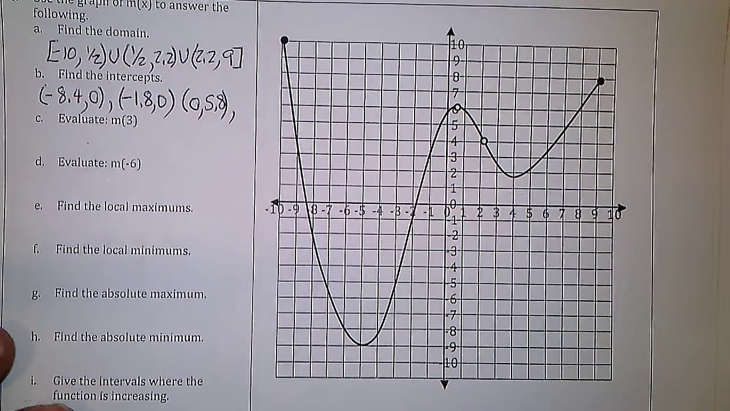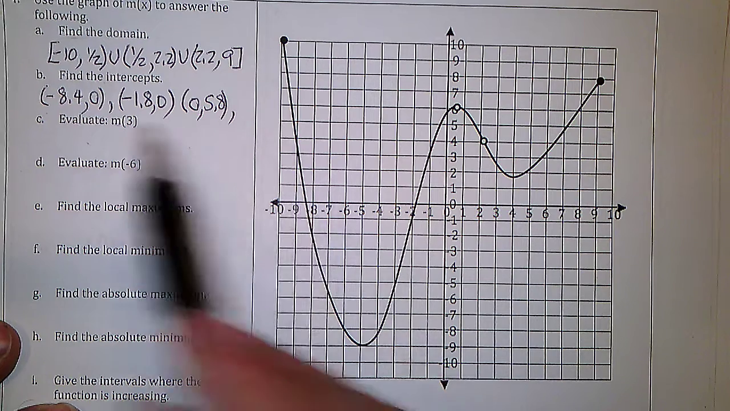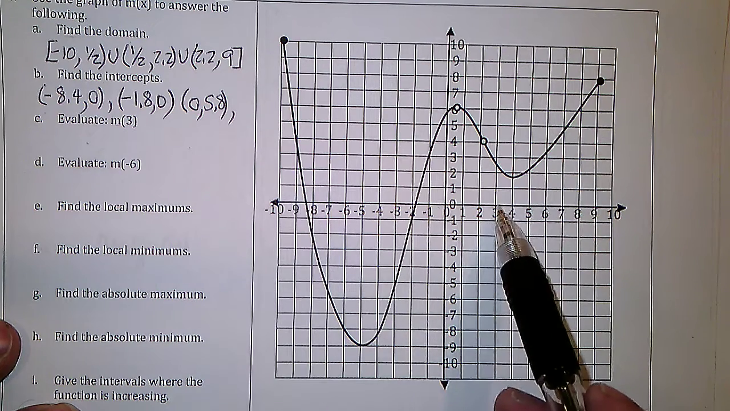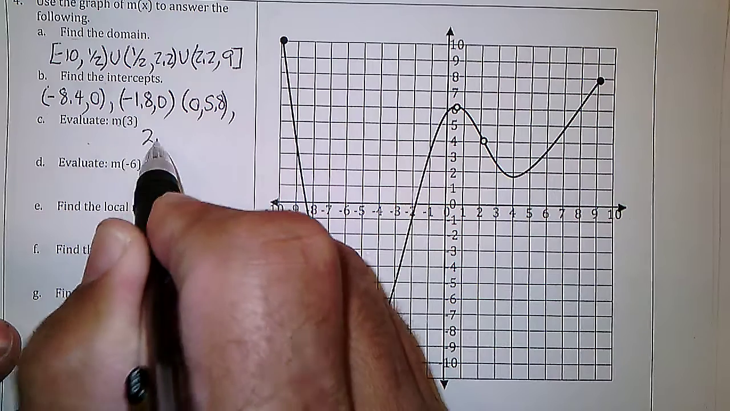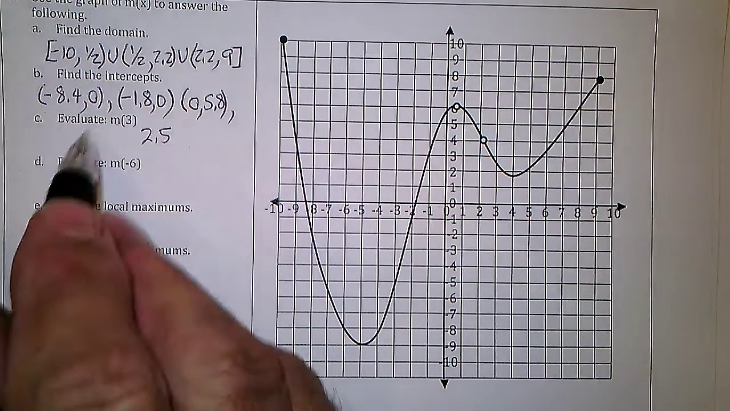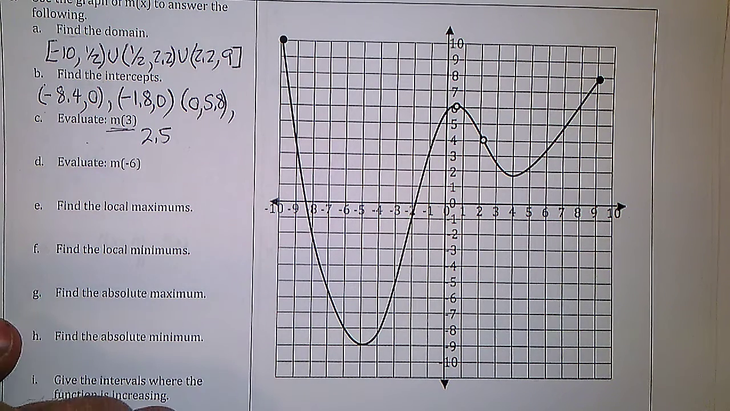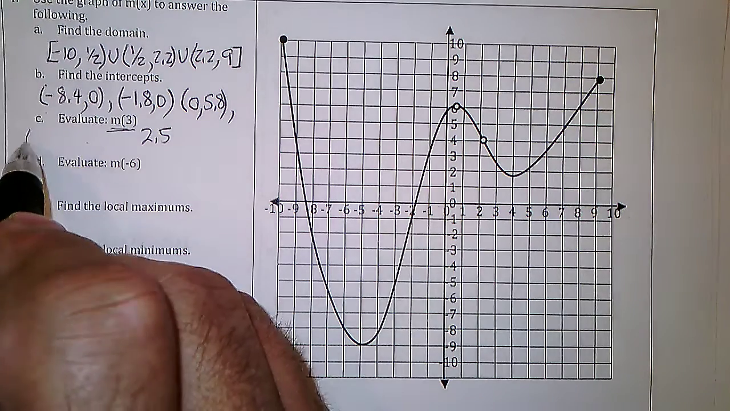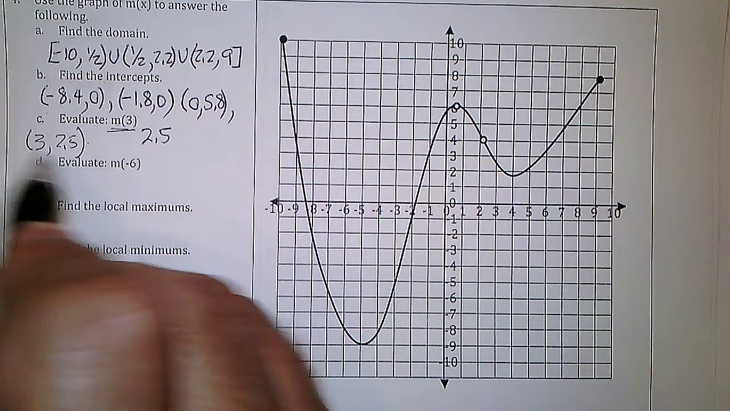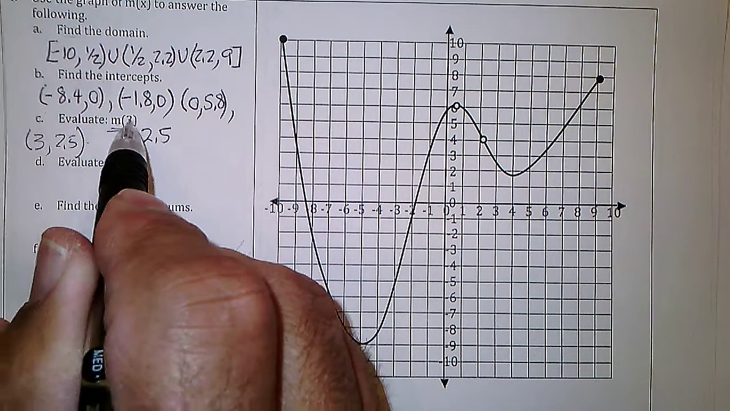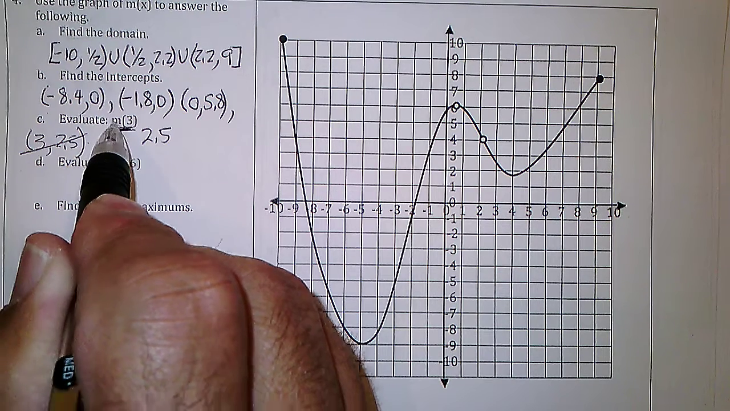Then it says evaluate this function at x equal 3. So if I go to 3, it looks like it's about 2.5. Now, it says find the value of this. It doesn't say find the point or the coordinates. So it would be incorrect to say 3 comma 2.5. That is the point where x is 3, but it just says what is the value, the y value at